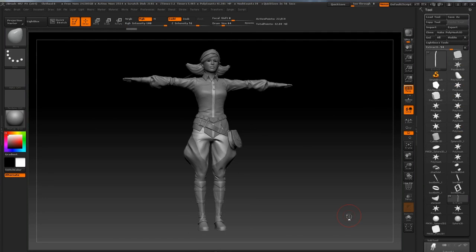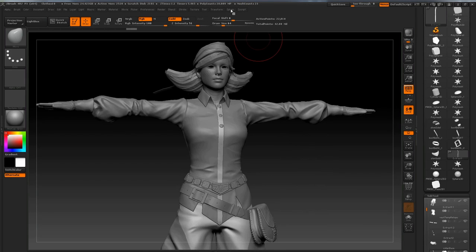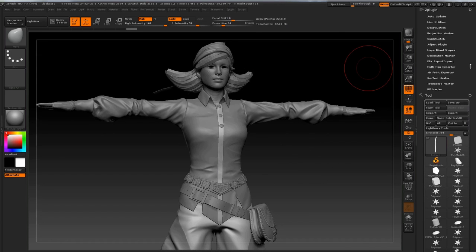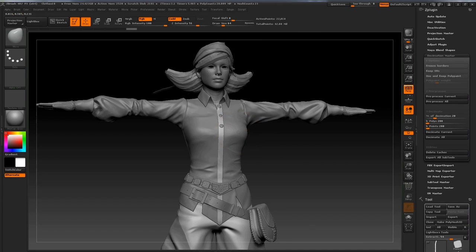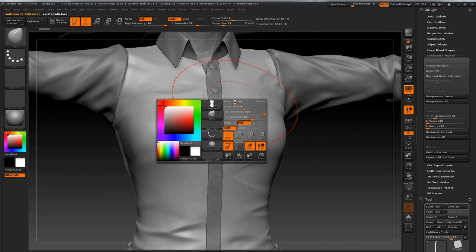Here we have the finished high-resolution sculpt of the clothes. What we want to do now is to decimate this mesh so that we can bring it into Blender and retopologize it there. So I'm going to go into ZPlugin, and here we have our Decimation Master. I'm going to select this vest portion of the shirt,